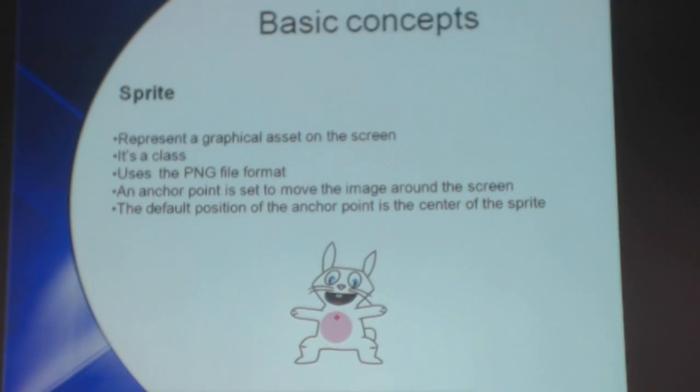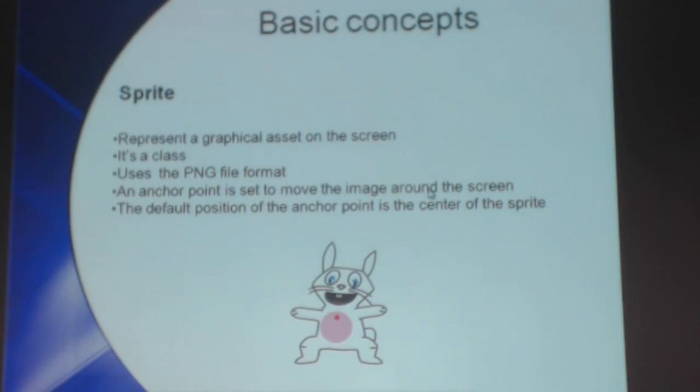I'm not going to get into much detail on the theoretical part. We're going to jump on to the fun stuff real quick. Just to mention the basic of all game development, which is the sprite. Any graphical object that you see on the screen is a sprite, and that's pretty much the same for every game engine. It's a simple concept. Cocos2dx is an object-oriented framework, so the sprite is a class. And for images, the framework forces you to use PNG because it's light and you can use a transparent background, so it works very smoothly.